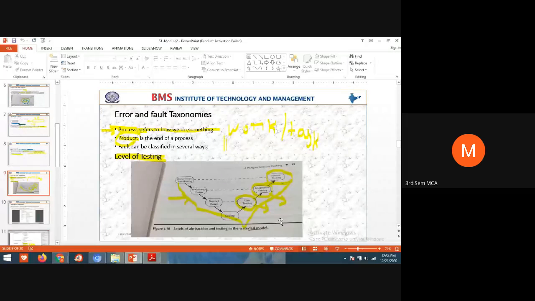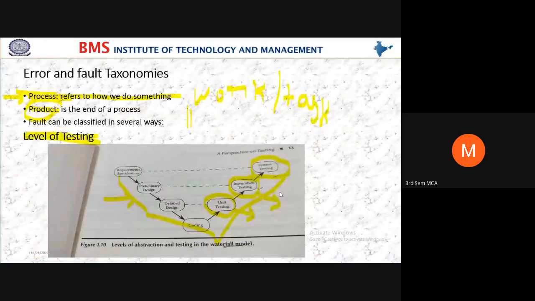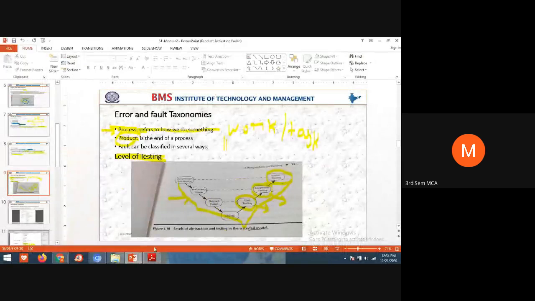Yes, see students, in your test also you have written the same. Many of you, when I took the first internals, have written this integration testing, like acceptance testing. When it is not there in the syllabus, how can you write? It is there in the third and fourth module. In first and second module, we don't have that. So this you have to write for level of testing. This diagram you have to explain. This V model you have to explain. Those are all types of testing.